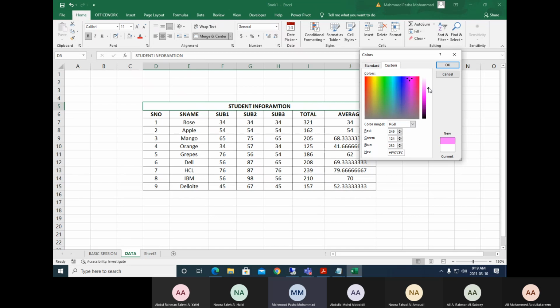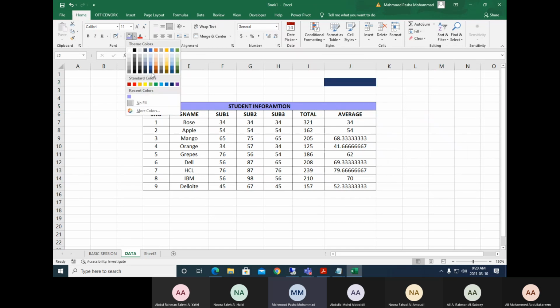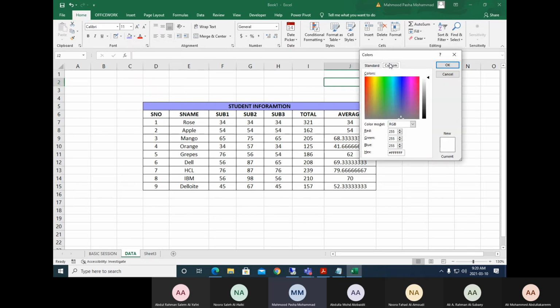So I can select pink or red or blue, whichever you like, say OK, and now this is applied. If you go here, you may not find that color, but you can get it from More Colors, Custom color, get the color modifications from there, and apply those colors on our columns. So this is one model.